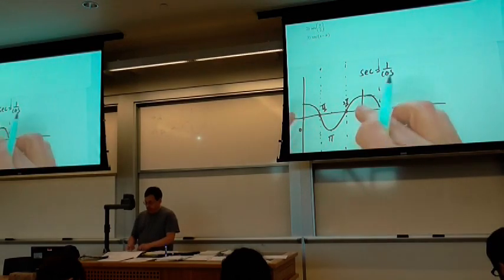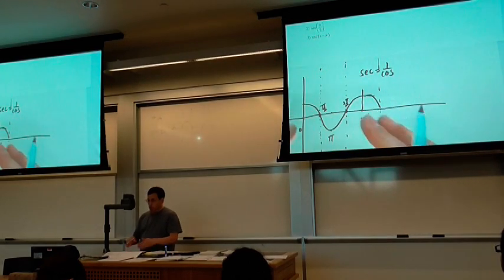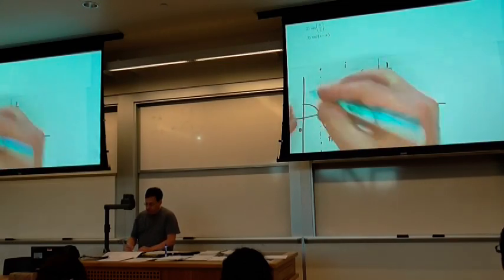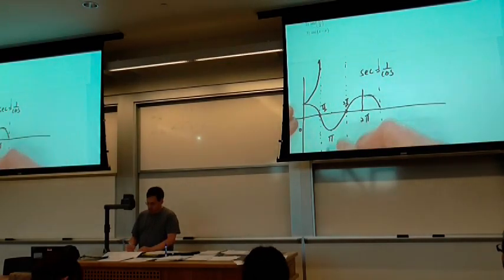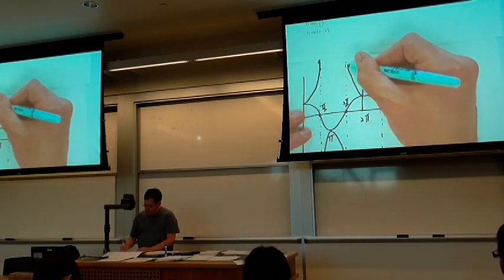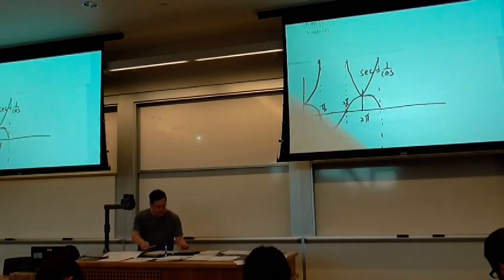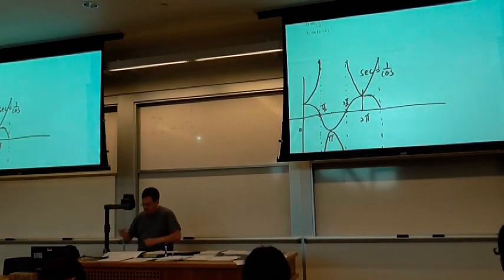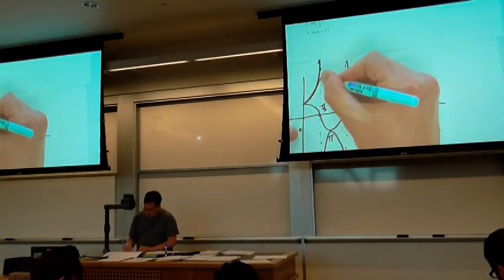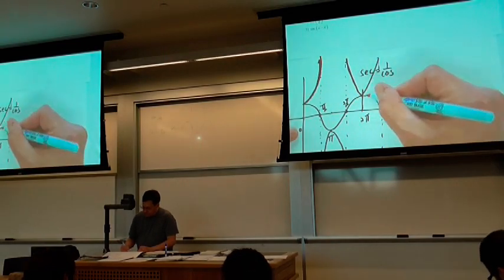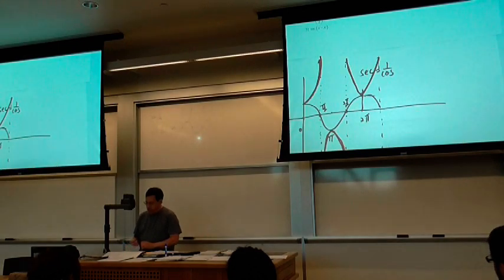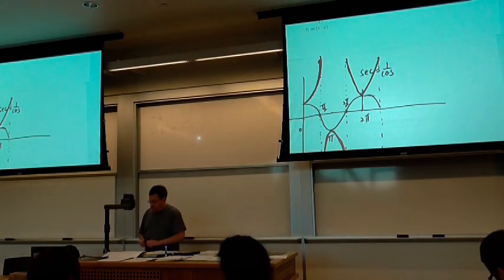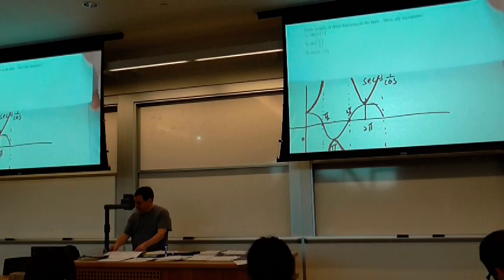Okay, so this is the cosine function, but we want 1 over the cosine function. That's the reciprocal, and it's going to kind of look like this. Maybe I should draw it in a nice bright color that doesn't show up over black. Okay, but the problem we wanted to solve was